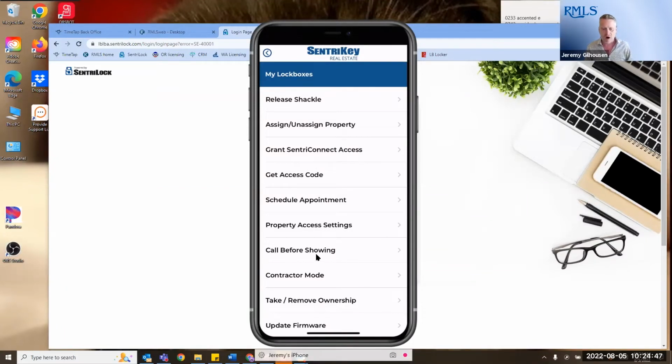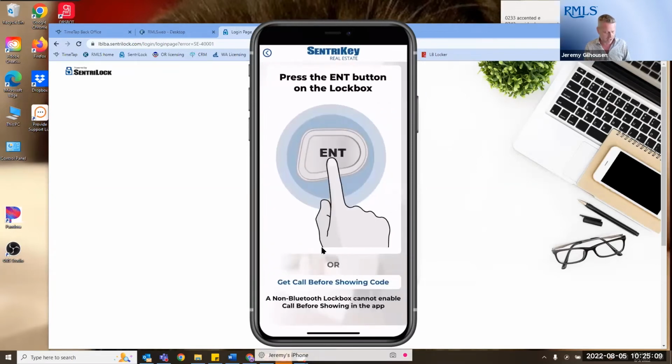Next, we have our call before showing mode. This is something that, like contractor mode, you need to be physically present to the lockbox in order to activate, because this is a setting in the lockbox itself, in the programming of the lockbox. This is an additional layer of security that you can enable if you want to. With call before showing mode, again, you need to be physically present. And if I wanted to activate that, just like contractor mode, I would just press enter, we would activate it,